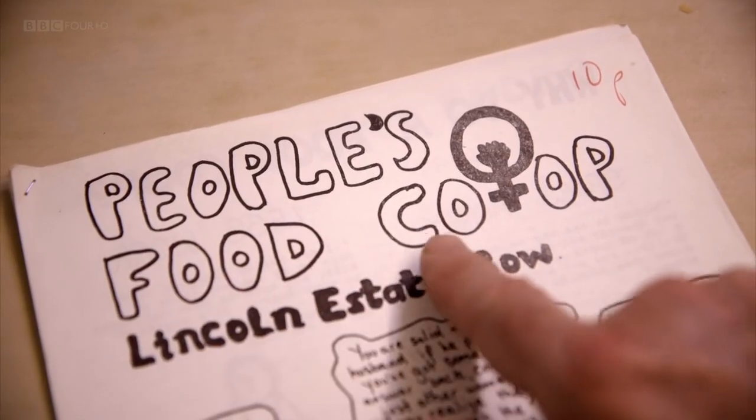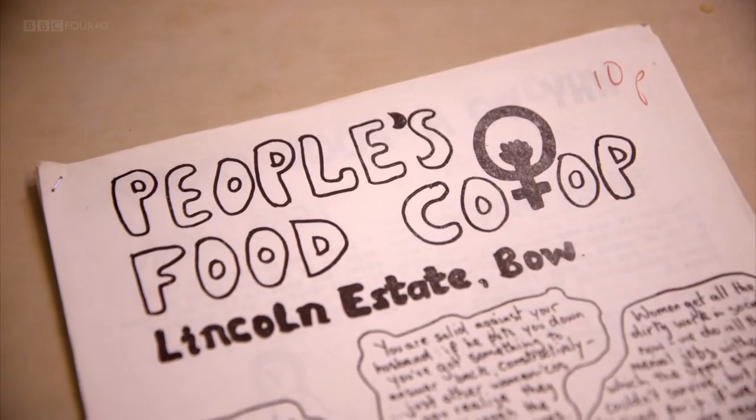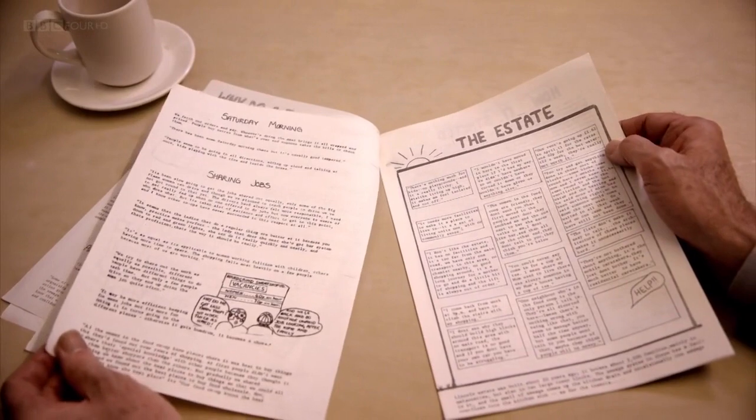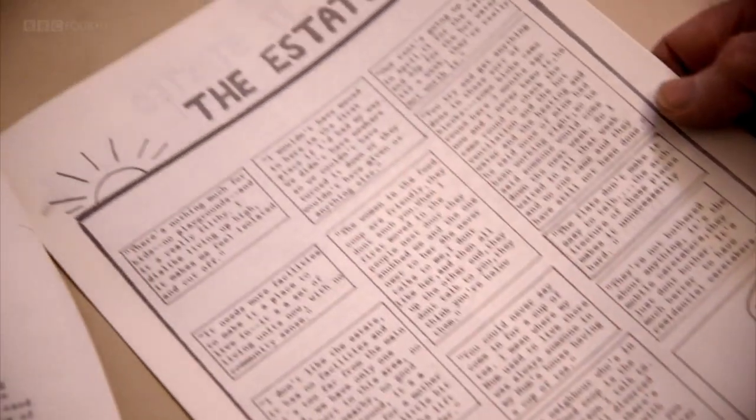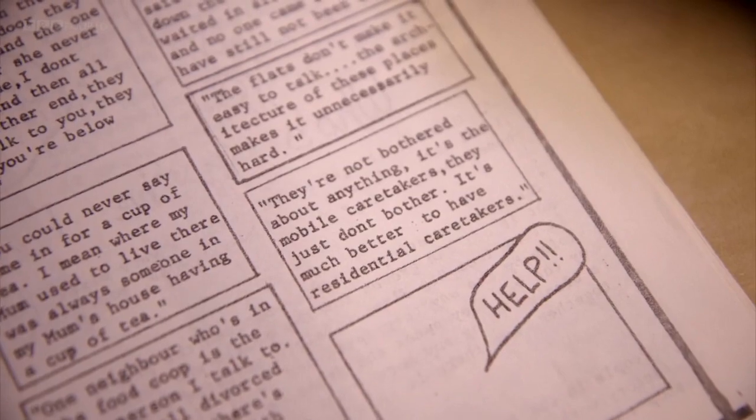And I see you've brought along some publications from the mid-70s, and it says here, People's Food Co-op, Lincoln Estate, Bow, and I remember that sign, Women's Action, Women's Live, isn't it? Yes. It was all about the idea of how important it is to have community. Oh, this is incredibly interesting. So this is you collecting views, women, I imagine. This is comments from people who lived on the estate. I noticed the last box simply says help, which is slightly...